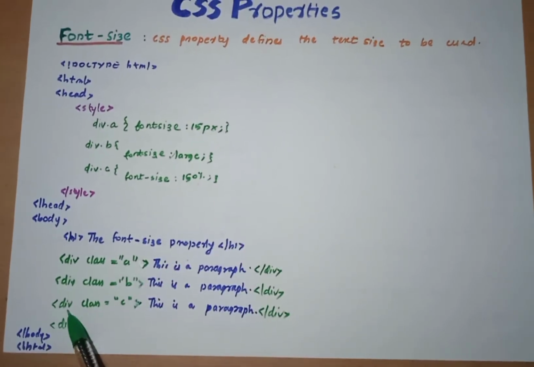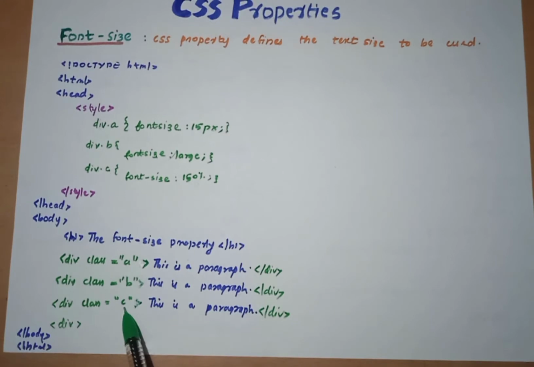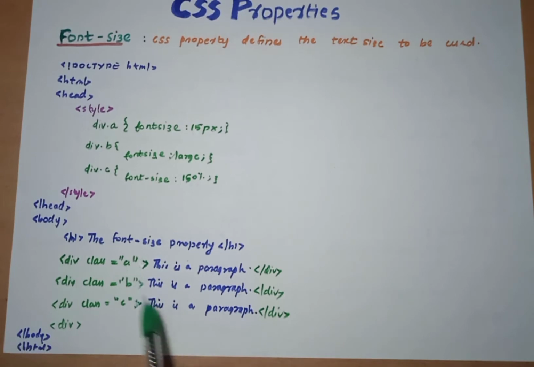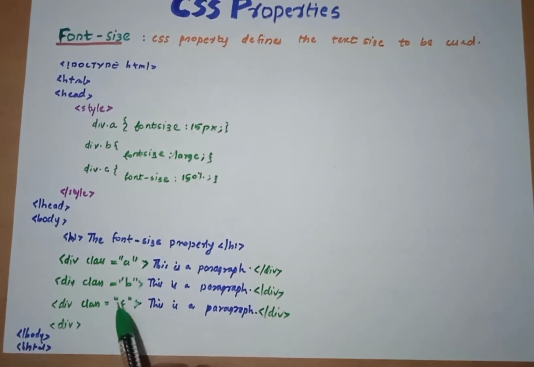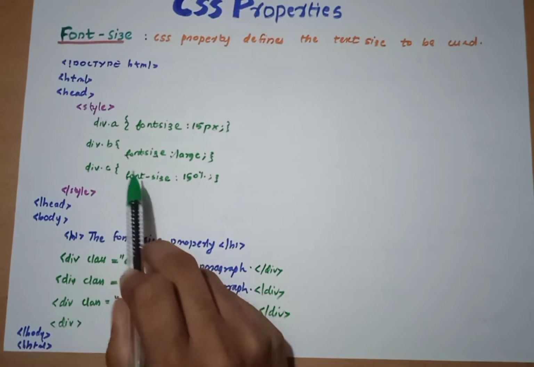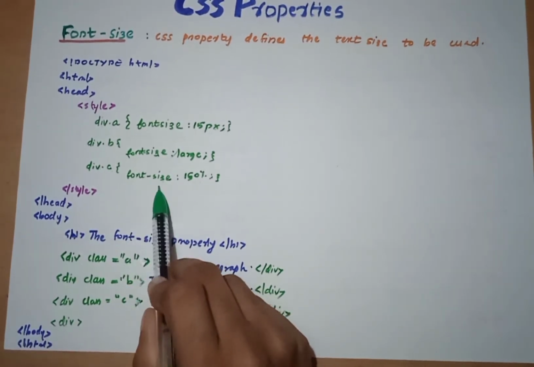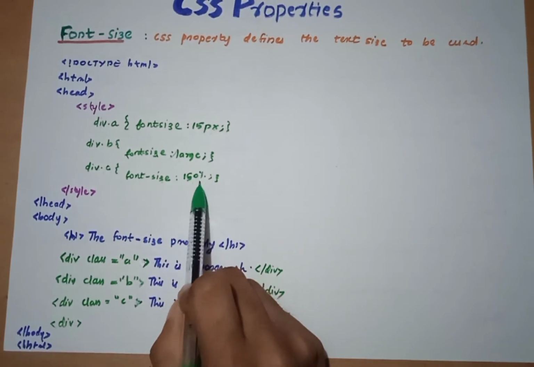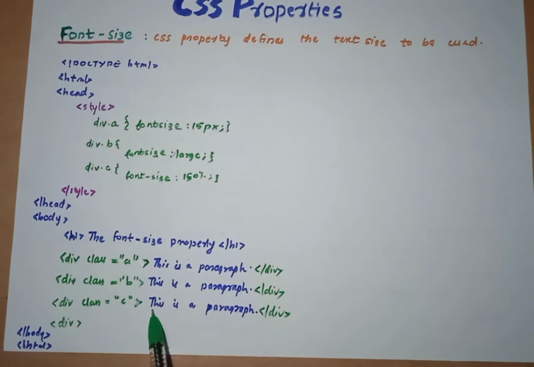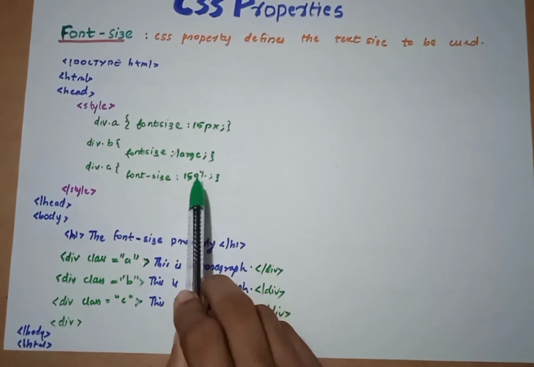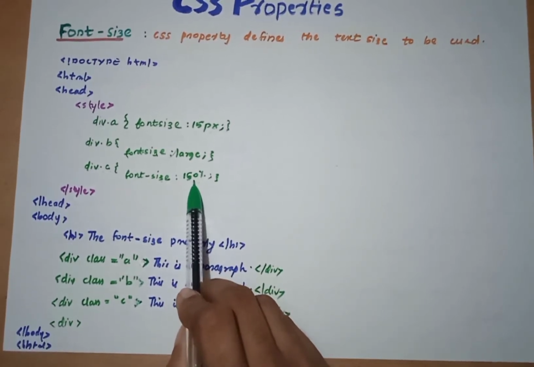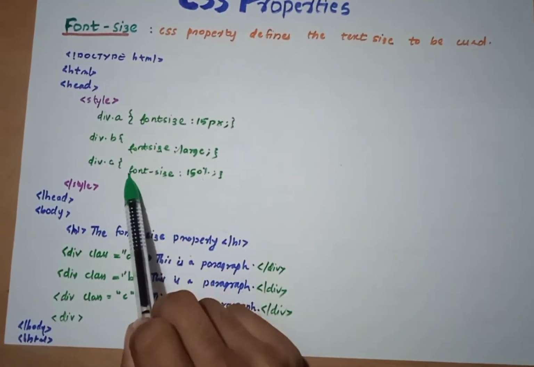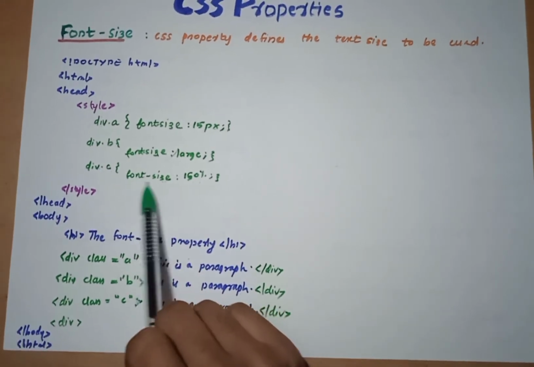Likewise, my next div is class is equal to C, and this is also a paragraph, but in the form as we defined it with a class name. It will automatically call that class, and it has a property that is font size should be 150%. So it will be displayed in that size. This is the normal way that class selectors work along with our CSS property named font size.